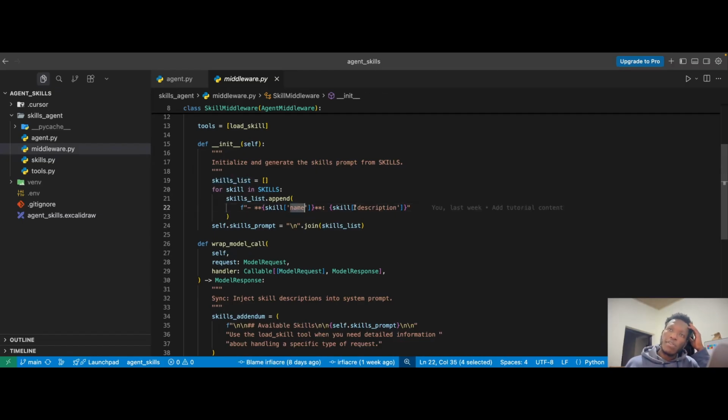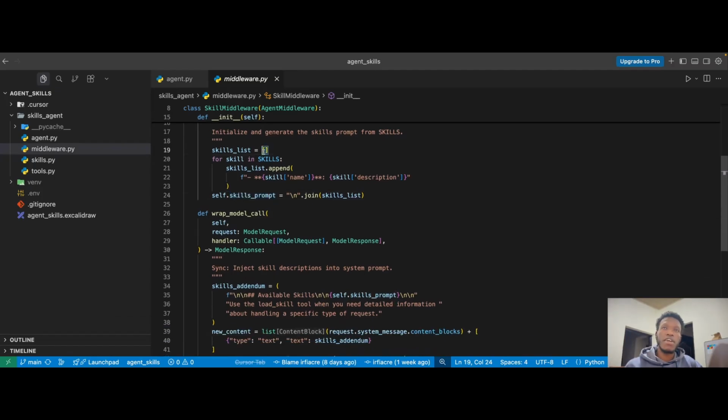And we give it the name and the description. Remember, the description is a short description of what the skill does. This is what the agent reasons over or interacts with when it's about to use a skill. Then self.skill_prompt, we make it a string, so that we have a string of all of the available skills, not just an array. Here we are appending each skill that we have